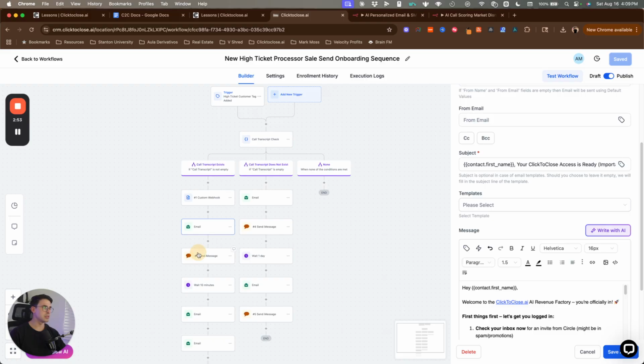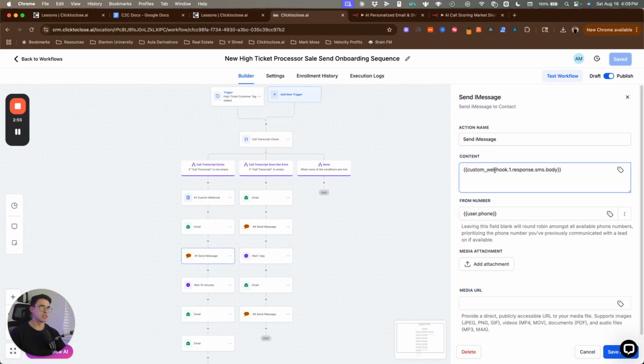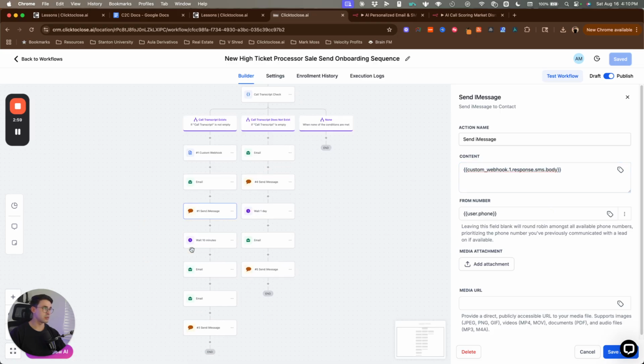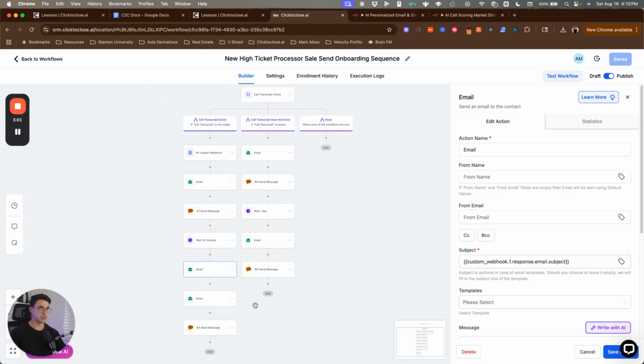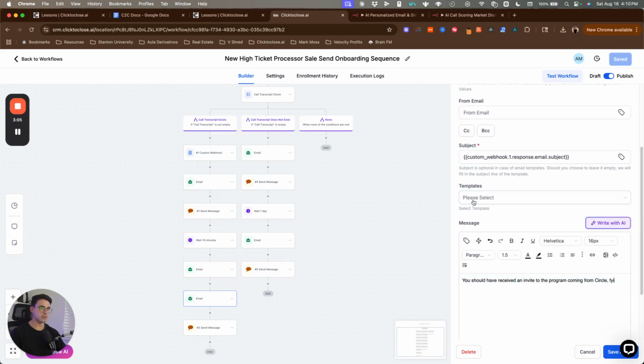But after we send this message, we're just going to be sending this personalized SMS based on the conversation that you just had with the prospect. And then we send this personalized email and just a quick follow-up on the email. So FYI, whenever you're creating emails in Go High Level, if you just keep the same subject line and you send them within the same